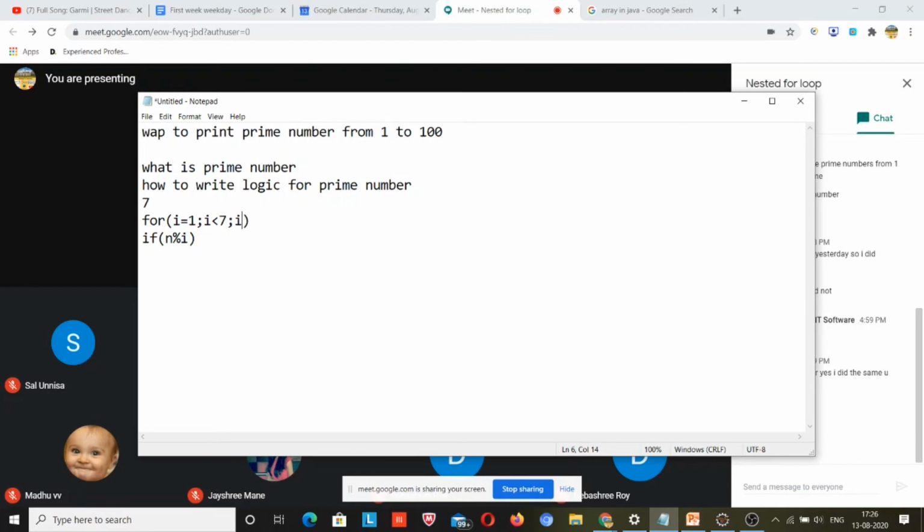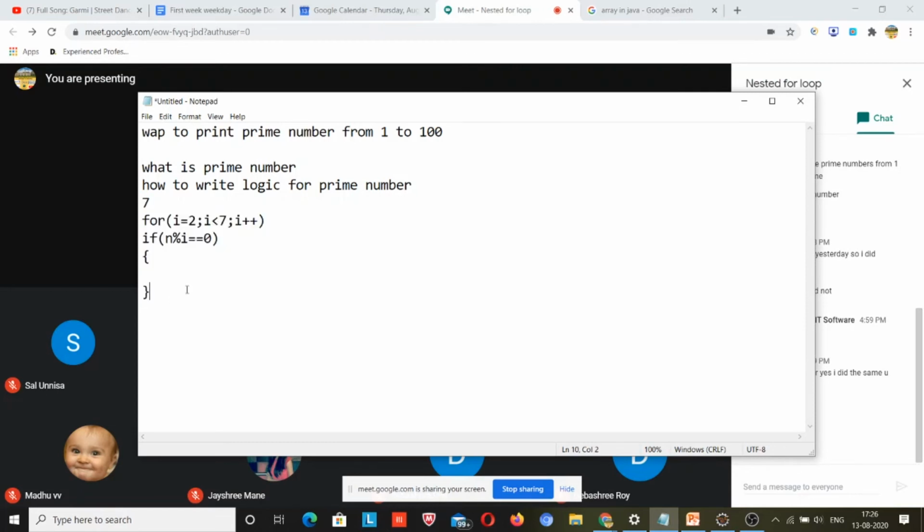So I plus plus. So if n modulus I is equal to 0, the remainder is 0. First, I have to start from 2, not 1, because 1 will divide. You guys have to interrupt me, there was a typo from my side. So 2, 3, 4, 5, 6 will be checked, because the I value keeps changing, and we check whether 2, 3, 4, 5 divide this 7, where n is equal to 7. So this was the logic for a prime number.